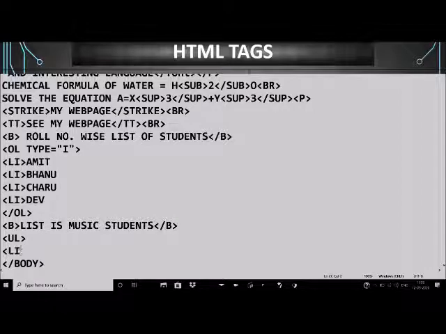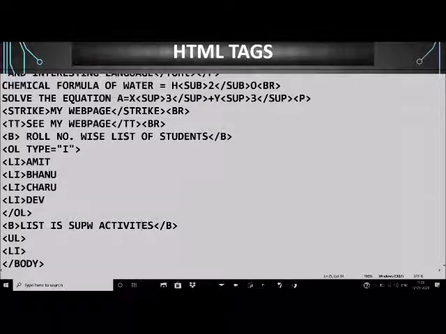Now we will give the list items with li tag, or I can give the list of activities. In place of music students, I'll give the list of SUPW activities, and this list can be in any order.